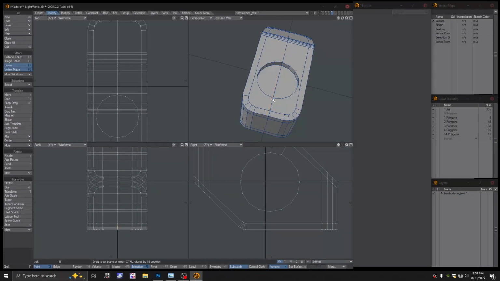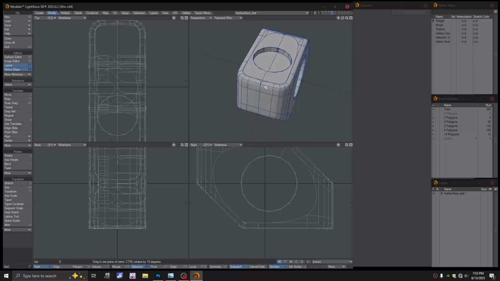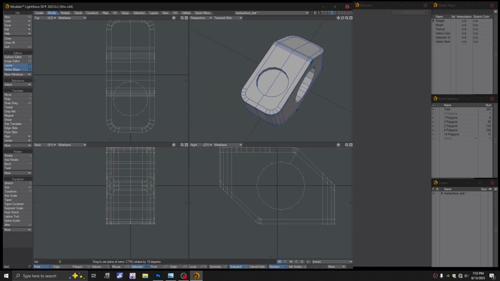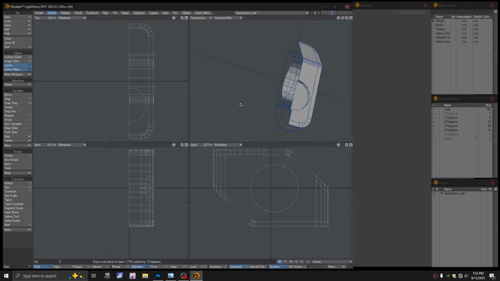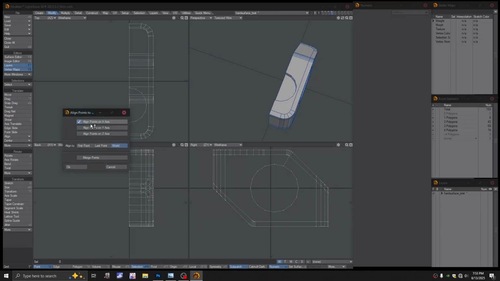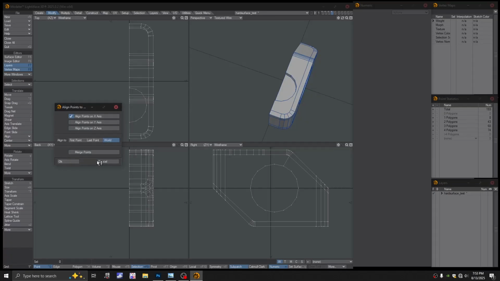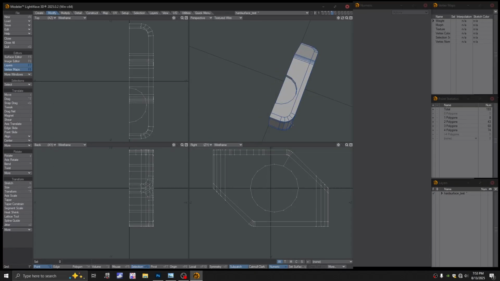It should merge correctly, or should. I'm Control Zing out of there. Before I do mirror, I always do that. Align points to the Z axis too, but you have to have them selected. Anyways,